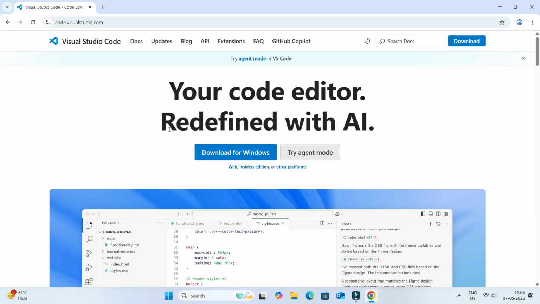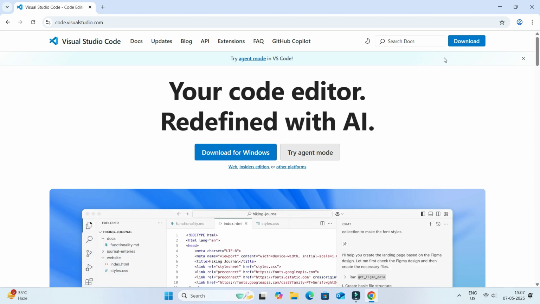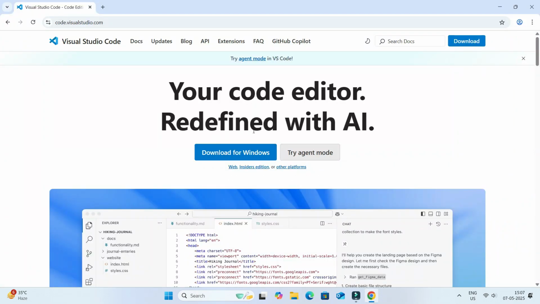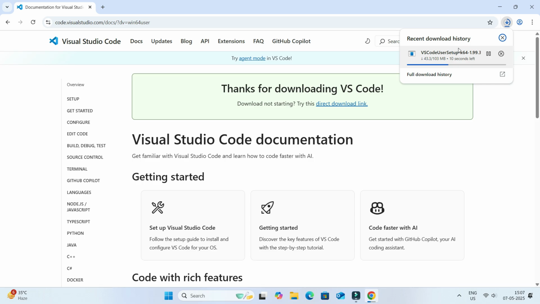To download the Visual Studio Code setup file, there are two download buttons present on our screen. One is in the top section and the second download button is in the center. Download for Windows. Guys, I am minimizing my screen and you can see here I am using a Windows computer. So simply I will click on this download for Windows button to download the Visual Studio Code setup file. Guys, I clicked on the download for Windows button, and if I click on the download icon, you can see the Visual Studio Code setup file is downloading in our computer, and its setup file size is 103 MB.